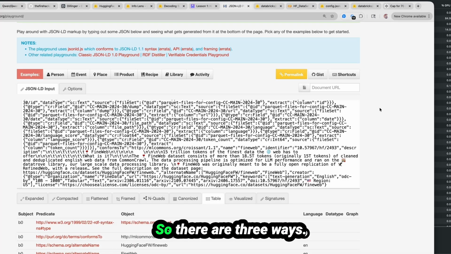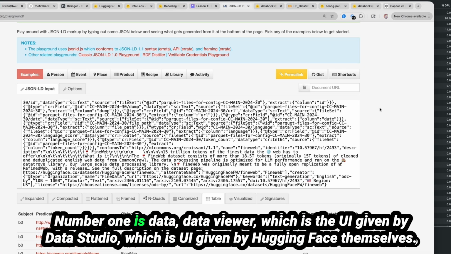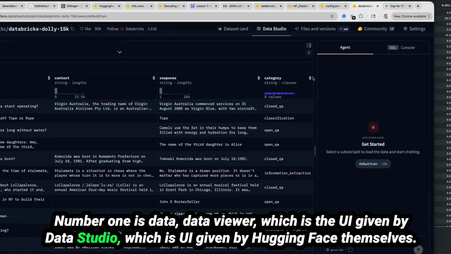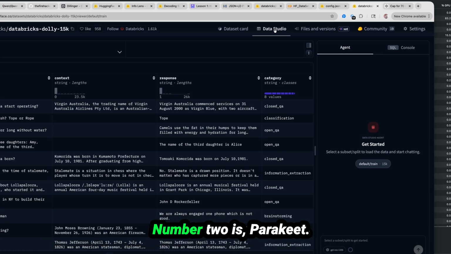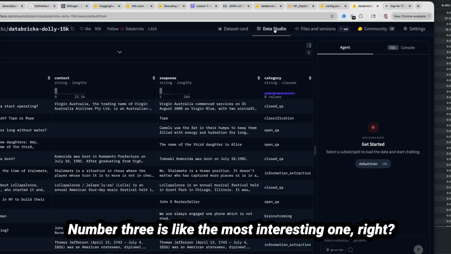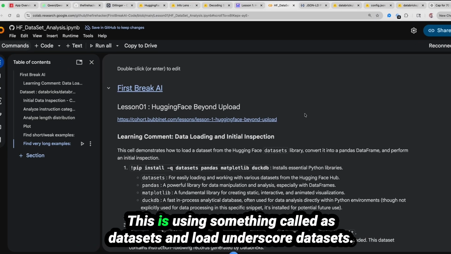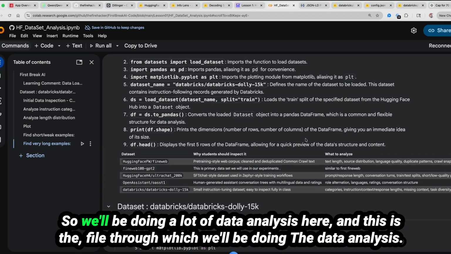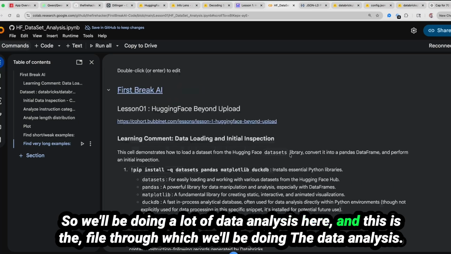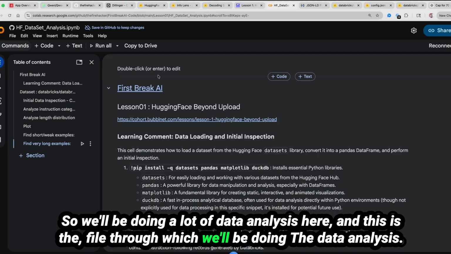So there are 3 ways. Number one is the data viewer, which is the UI given by Data Studio, the UI given by Hugging Face themselves. Number 2 is Parquet. Number 3 is like the most interesting one, right? So number 3 is here. This is the most interesting. This is using something called datasets and load_dataset. So we'll be doing a lot of data analysis here, and this is the file through which we'll be doing